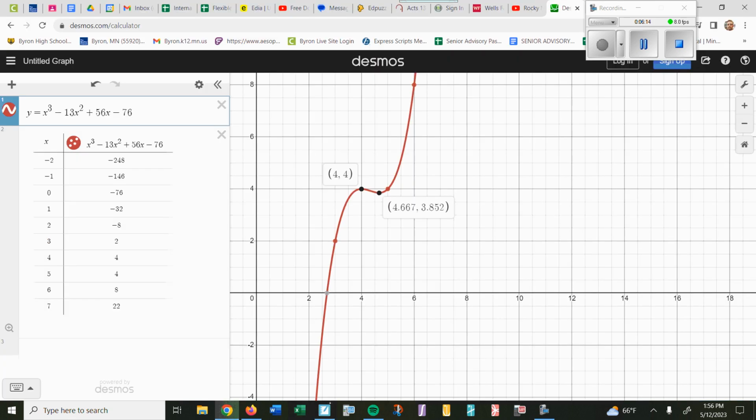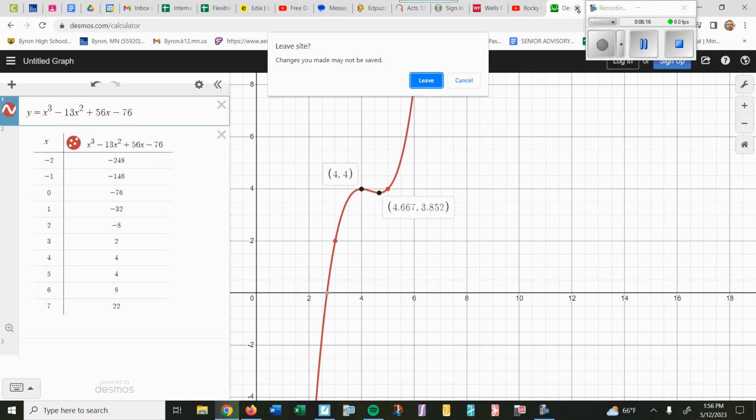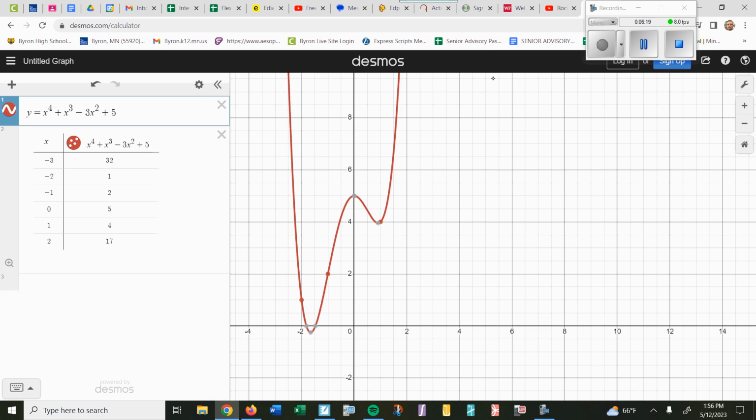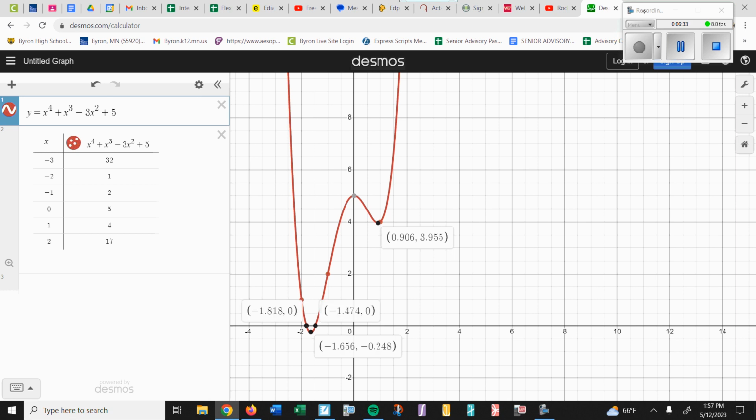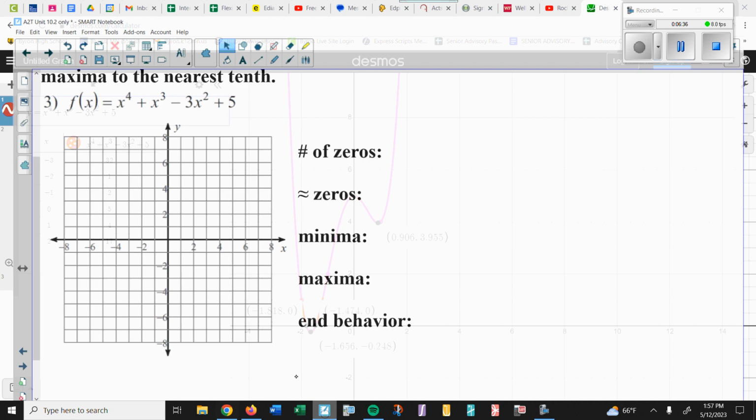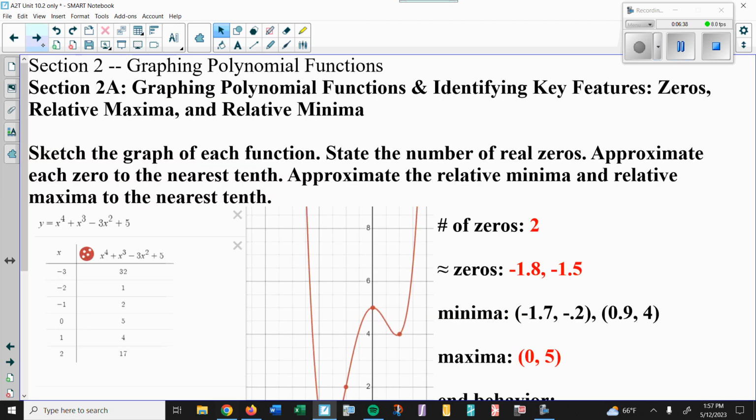So we'll go back here to Desmos. And you can see what we have. We have our table and we have our chart. So you can find your maximum up here, you can find your minimum here, you can find where you're crossing, you can find all of those. So if we go on to our next slide,